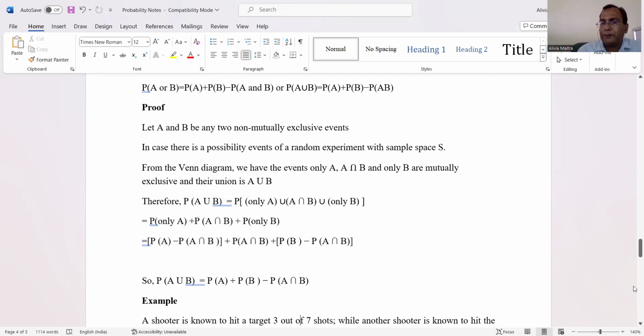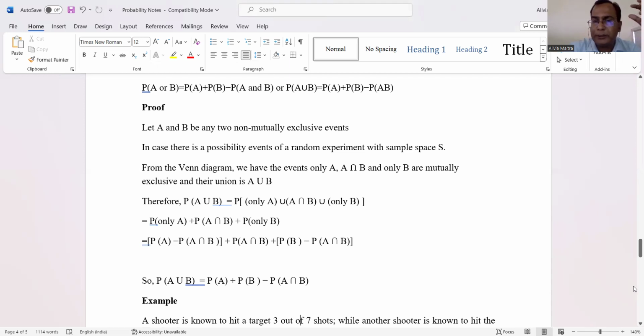So finally, if a Venn diagram is made, then we can see that only A, A intersection B, and only B are mutually exclusive events, and their union is A union B. In a Venn diagram, we can observe that the events only A, A intersection B, and only B, as separate parts, give us the union of the two events A and B. So we can write: probability of A union B is equal to